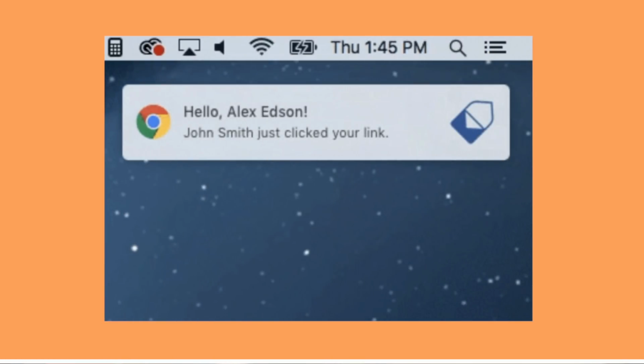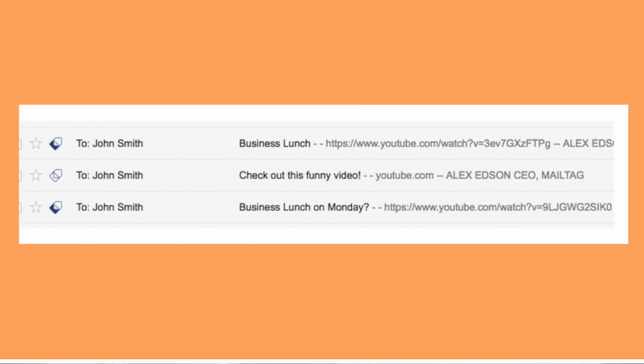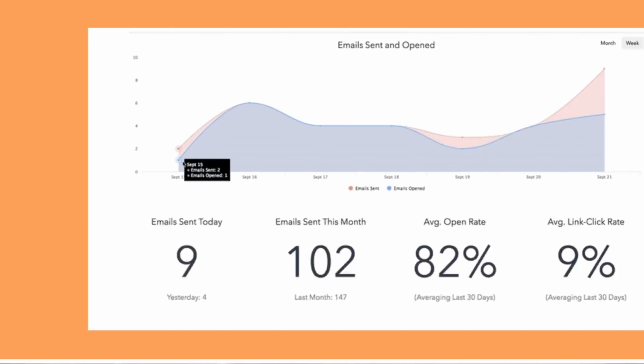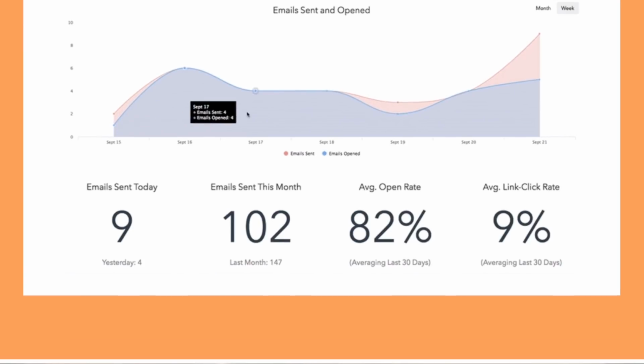Now let's come to how MailTag is different from heaps of other email tracking services. And well, the answer is pretty simple. It provides almost every paid feature for free. So with the basic version of MailTag, you get free push notifications, free click tracking, free full email open history, and a free dashboard. Apparently, MailTag is the only email tracking service that offers a free dashboard that shows you average open rates, click rates, and lots of other cool data.